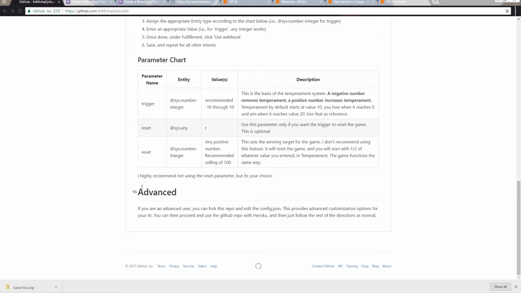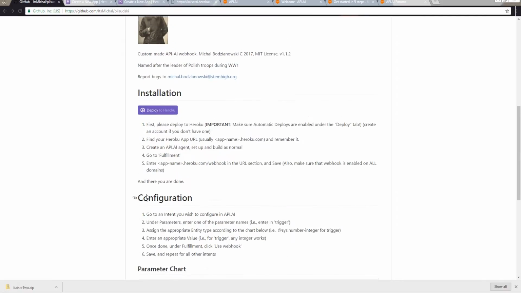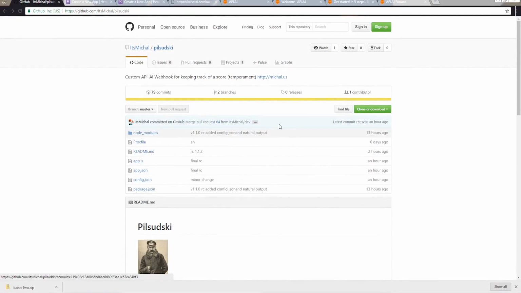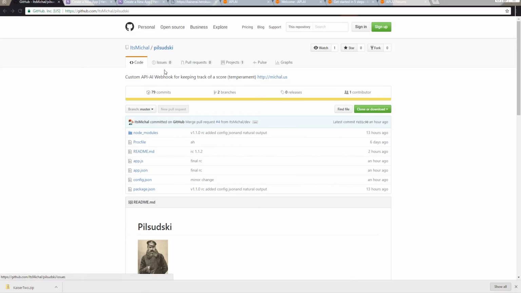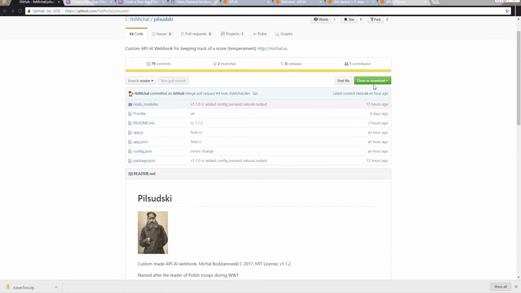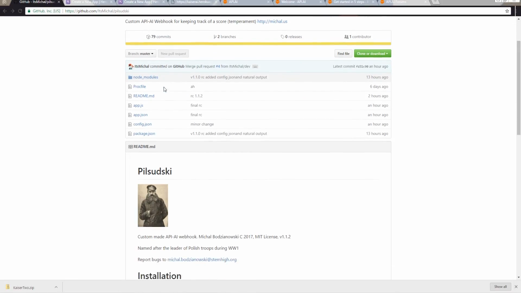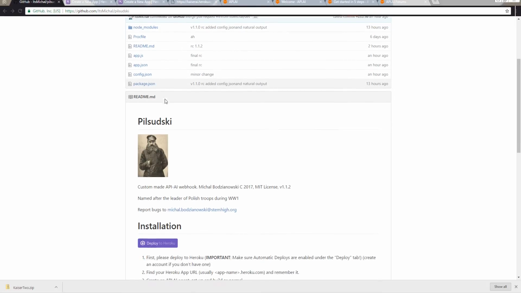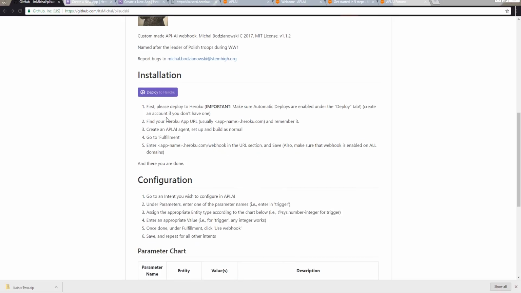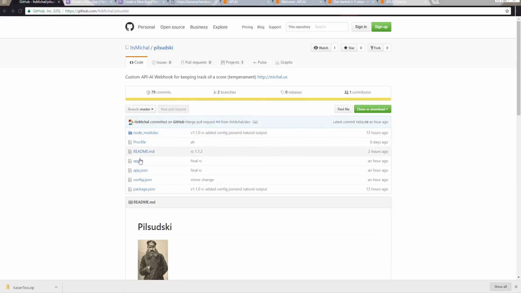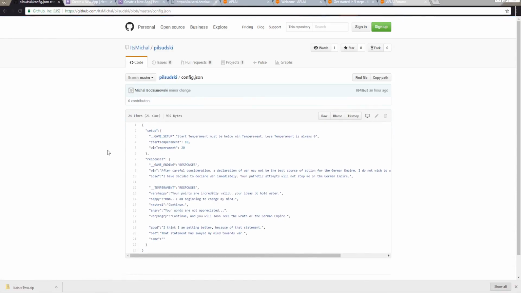If you're an advanced user, this is kind of like the epilogue. There's actually some options for you. Now, it's not as hard as you think. What you're going to do is fork it, but obviously you can't, or clone it yourself and then deploy with Heroku if you know how to do that. Basically, you're going to have to have some knowledge on how to use Heroku and stuff like that. I don't think I have the time to make a really in-depth tutorial, but I did add this